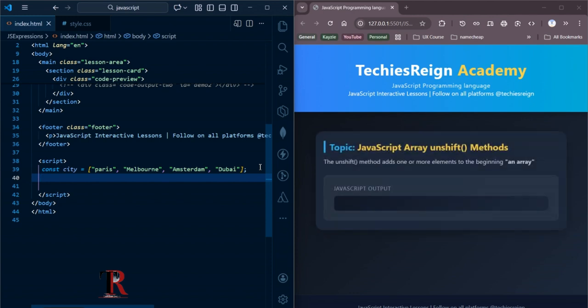This is my city. Now, to use the unshift method, let me give this a variable and say results equals